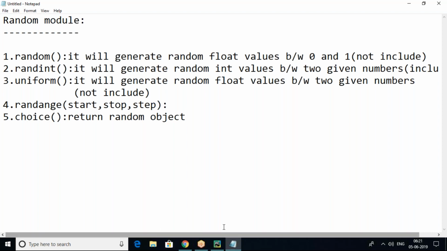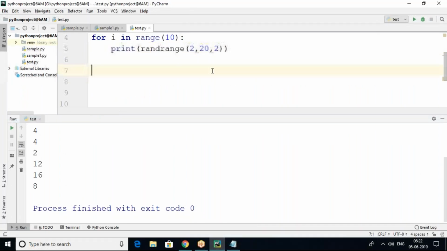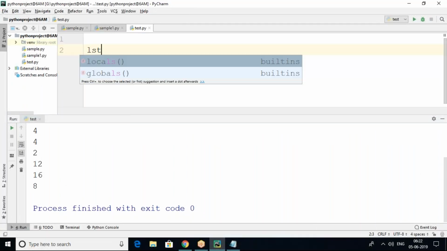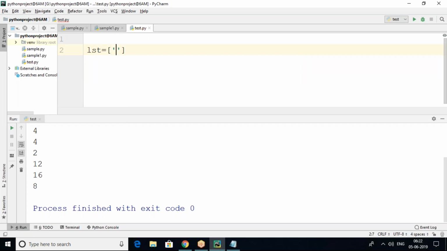So let's do the choice function. For example, here is my list of items: one Pepsi, one Coke, one Sprite, one Thums Up.